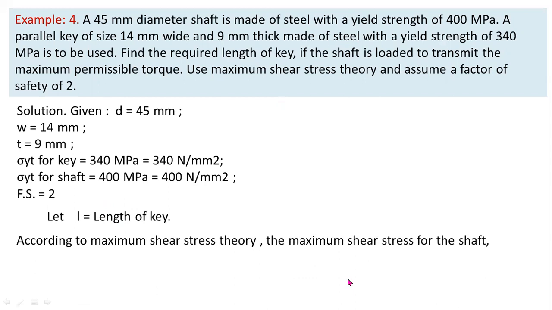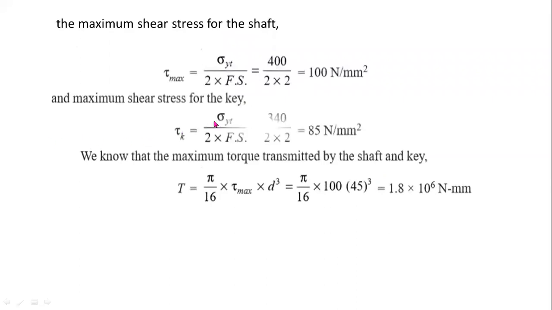According to the maximum shear stress theory, the maximum shear stress for the shaft, tau max, equals yield stress divided by 2 into factor of safety. From this equation, you can get the value of the length of the key. This is the shape of a key. Now, from this equation,